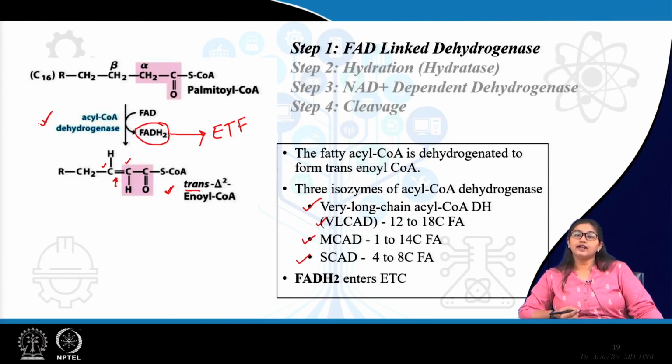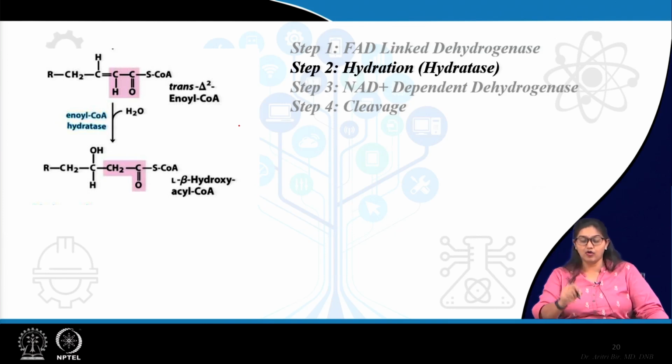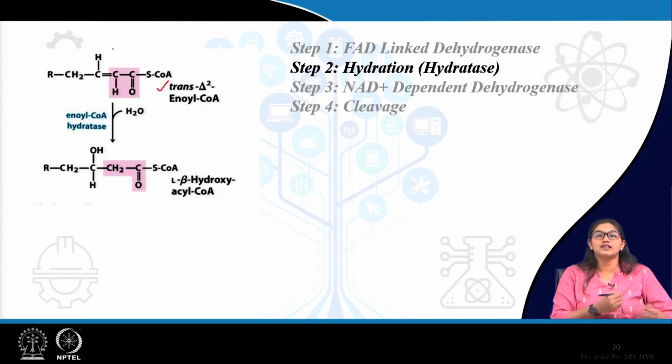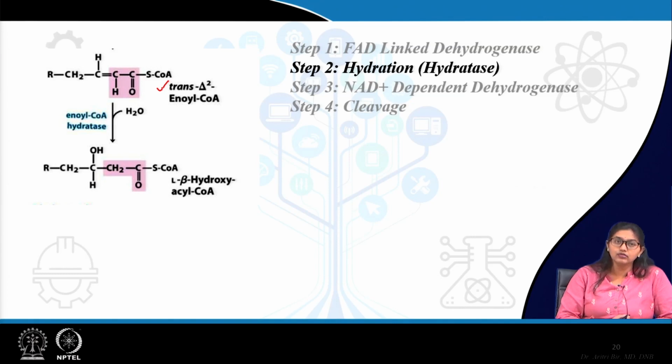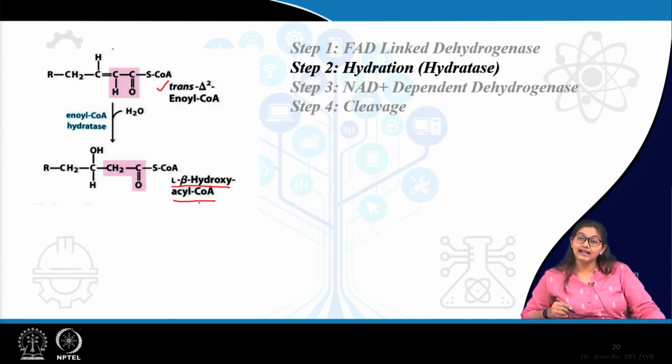So, this is one type of electron carrier which is carrying electrons to the electron transport chain of mitochondria. Next is hydration by hydratase. Now, this enzyme hydratase is specific for the trans bond. So, the trans bond is important for specificity of hydratase. After the addition of one molecule of water, what is formed is beta hydroxyacyl coenzyme, which is the L